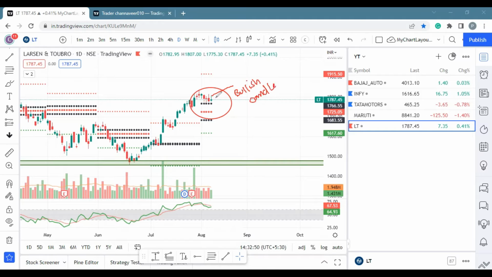What would be our ideal case here? Whenever there is a bullish price action which is formed, taking the high of this previous day's candles, then you enter that. What would be our stop loss? A logical stop loss would be below the CPR, but somebody who is very aggressive can also put the stop loss below the central pivot. That is the red line we are seeing. What would be our target? Target would be minimum 1:2, or 1:1.5 in some exceptional cases, but ideally it should be 1:2.